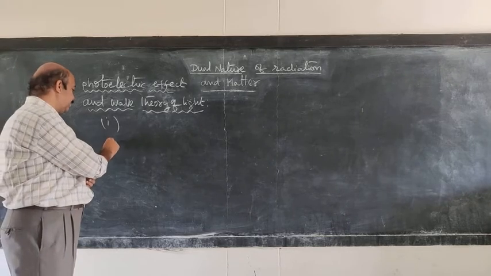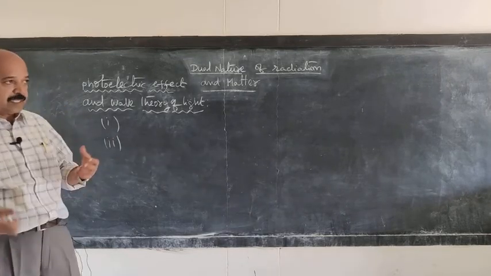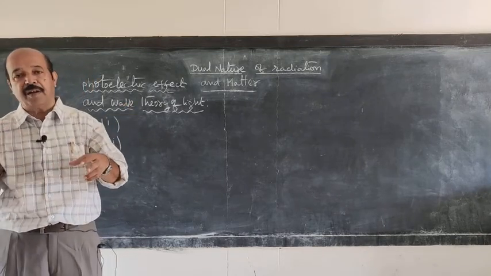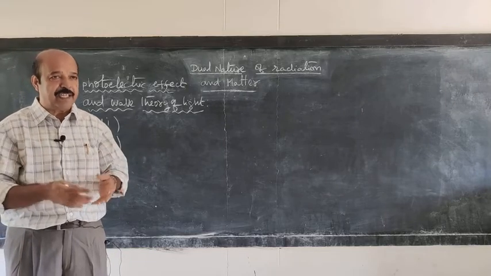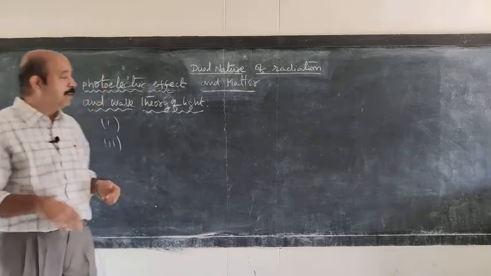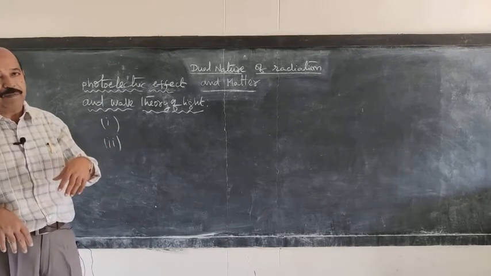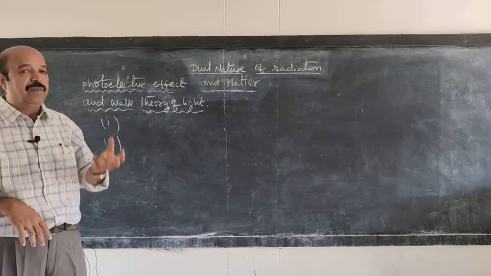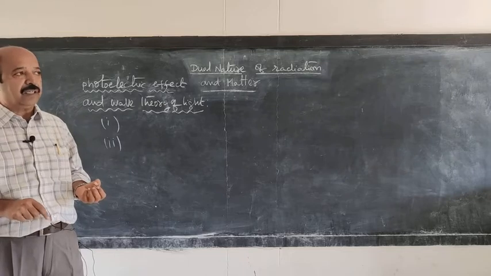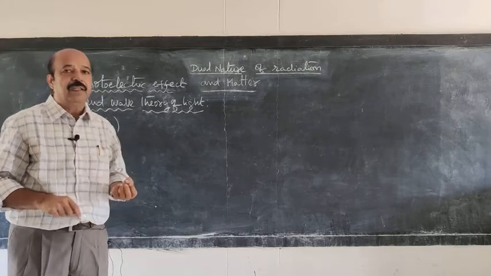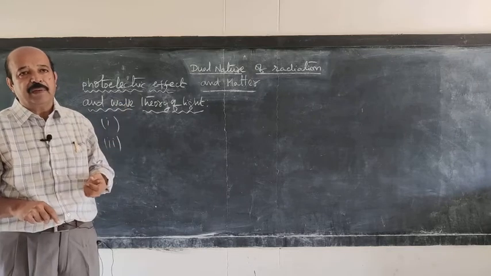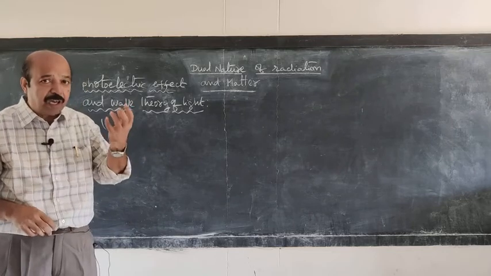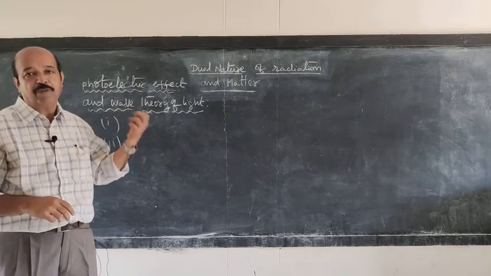And there is another point, that is, there is no time lag between the incidence of the radiation and the emission of photoelectrons. So it is an instantaneous process that is observed in the experiment. But if you consider the wave theory of light, then several electrons on the metal surface will absorb energy from the radiation. So each electron will acquire insufficient energy to come out from the metal surface in a given time. So it may take a lot of time for the electrons to absorb energy from the radiation and to come out from the metal surface.